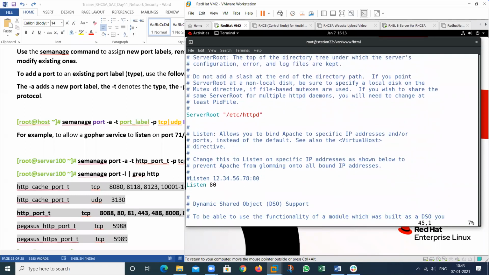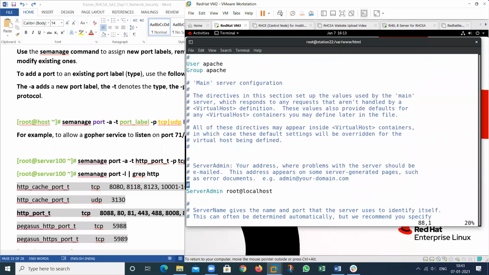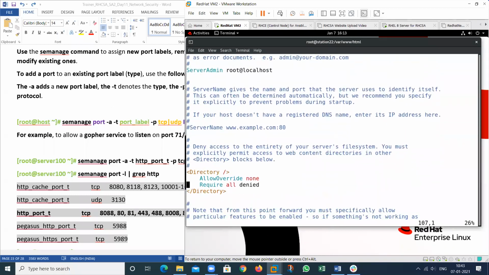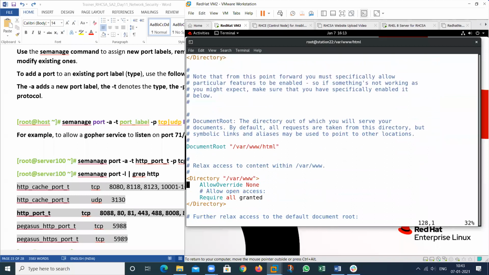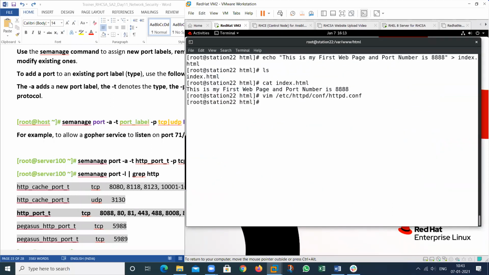At this time, this is the default page. See, this is the default port number, but I want to change it. So I have placed my web page information. So this is HTML. This is by default allowed. Now see, I have changed nothing in this.